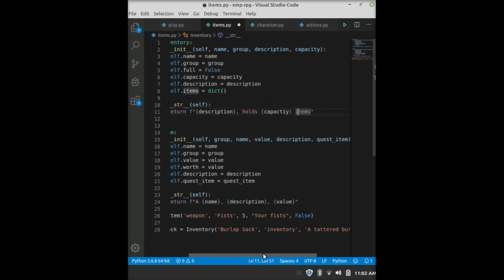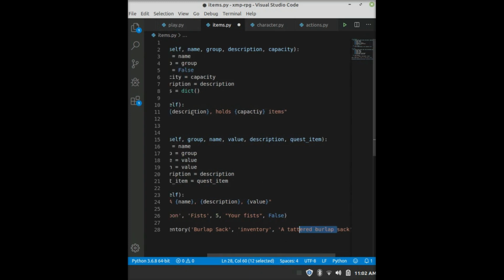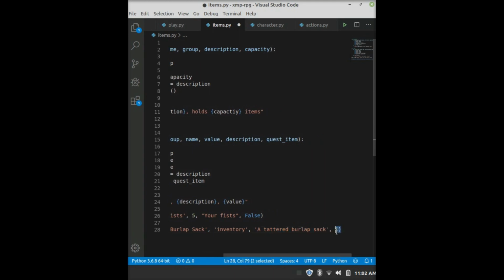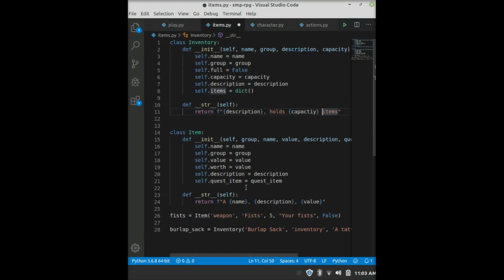So the description is a tattered burlap sack. So what they'll see is a tattered burlap sack, comma, holds 5 items. And then we'll do some other stuff on that a little bit later. So now that you know how to do this, remember this is all super simple. How we did down here with the fists and the burlap sack, that's actually just how you do any of the other things. So for example, if you wanted a healing potion, then you would just say,